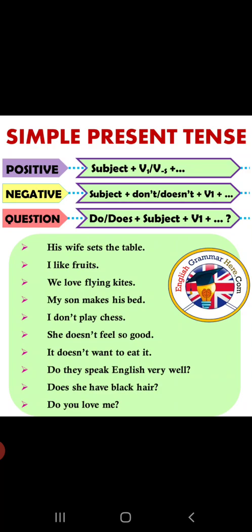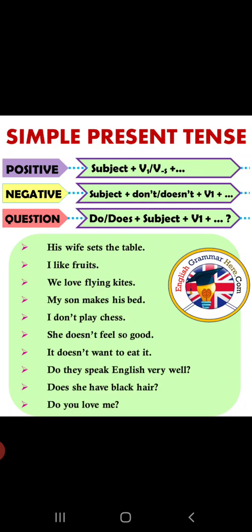Okay, and if you want to make the sentence negative, then what you have to do is use do not or does not. With singular we use does not, and with plural we use do not, and then the first form of the verb. Guys, when we use do not or does not, then we do not add s or es to the verb. Now to make the sentence interrogative or a question in simple present tense, we have to write do or does before the subject, and after that we use the first form of the verb.